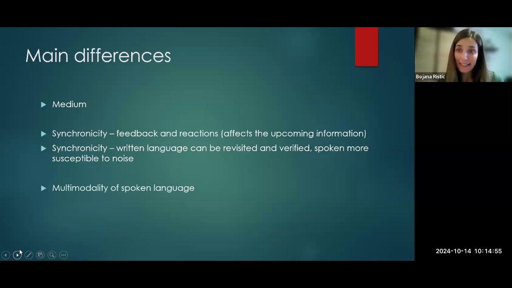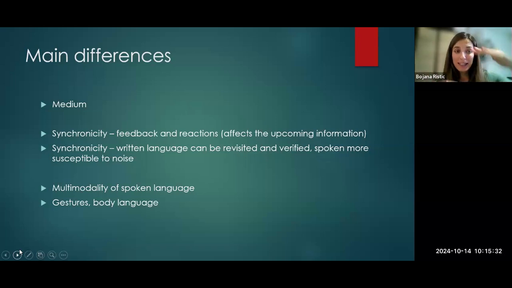And most importantly, spoken language is multimodal. As you can see, I'm using my hands a lot when I speak. So spoken language is not just what you hear, it's also what you see. Something that I won't be talking about today too much, because I also talked about it in the previous lectures, is our gestures and body language. This conveys a lot of information. It contains information about what we want to accentuate, how we feel about the topic that we are saying, etc.